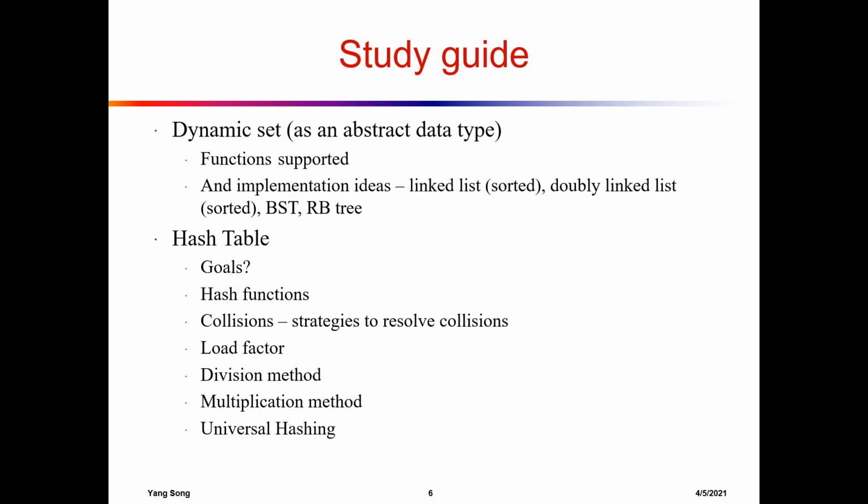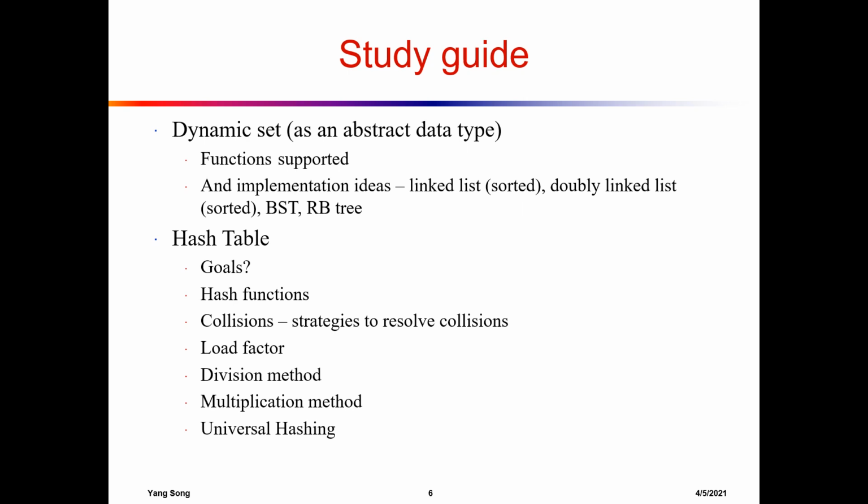Okay, and the dynamic set is really an abstract data type, and a dynamic set can be implemented using different data structures. For example, you can just do a normal array, or you can do a linked list, or a doubly linked list, or you can do a binary search tree or a red black tree. Okay, and using different implementations when we implement a dynamic set, the time complexities of doing the basic